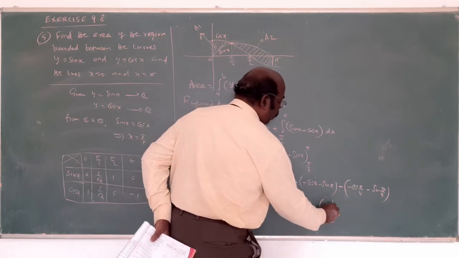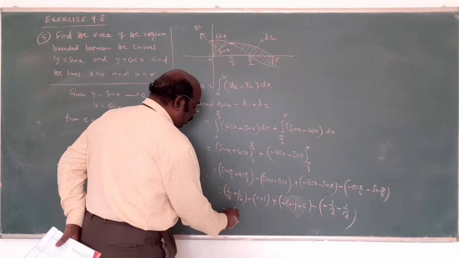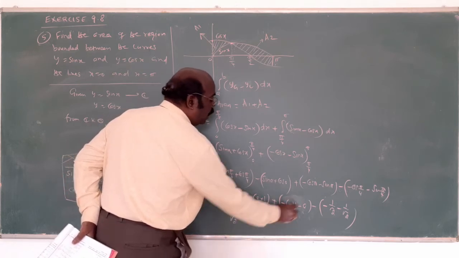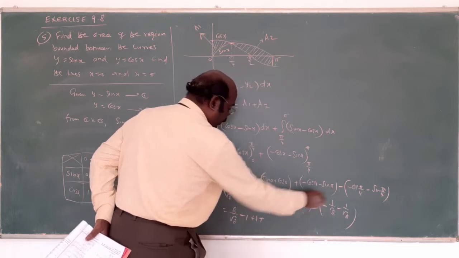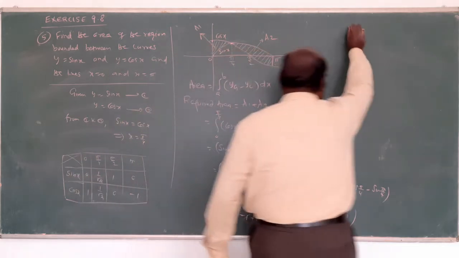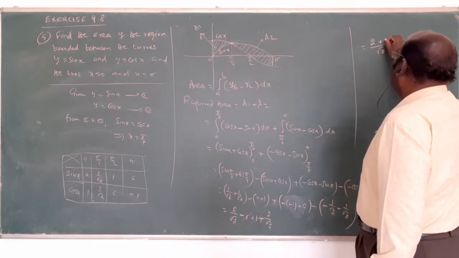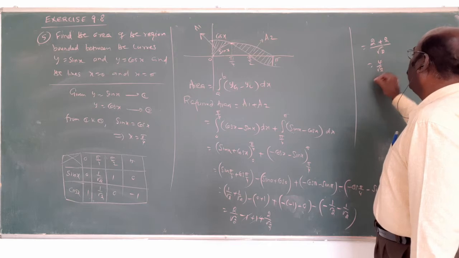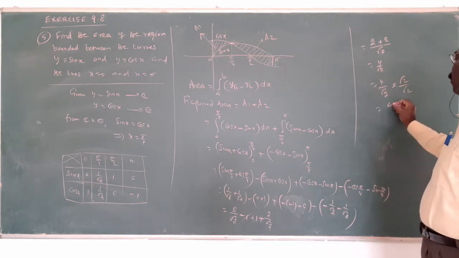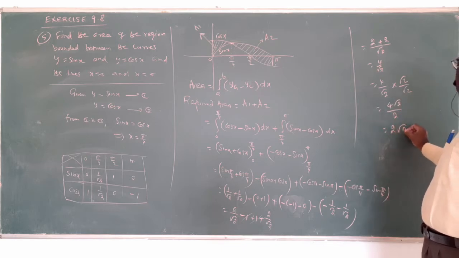Here minus 1 by root 2. Now adding both: 2 by root 2 minus 1, here plus 1, here minus 2 by root 2, minus plus, this will be cancelled. Adding both the 2 plus 2, we get 4 by root 2. Multiply root 2 by root 2, we get 4 root 2, the root 2 will only be 2. After simplification, 2 root 2 is the answer.